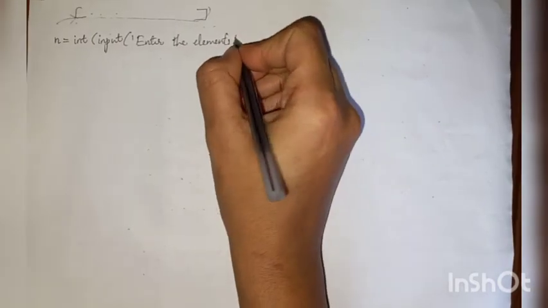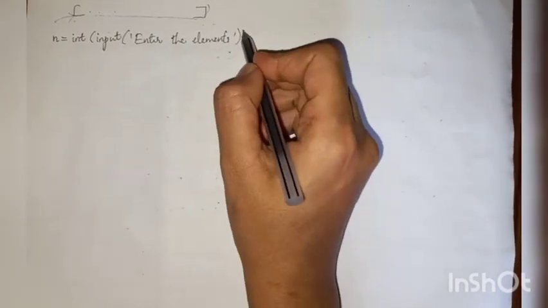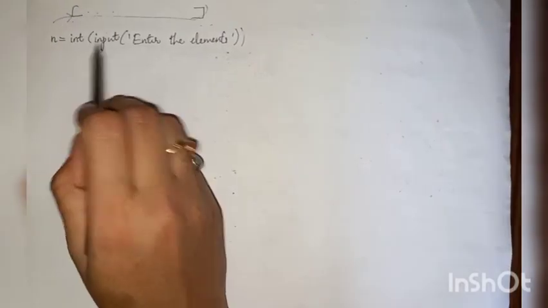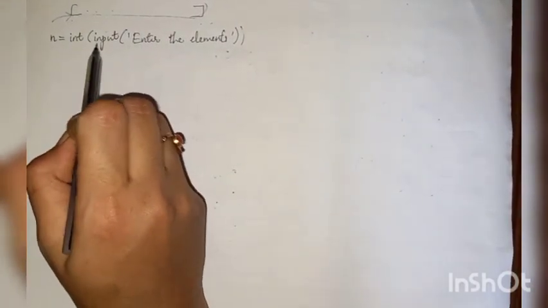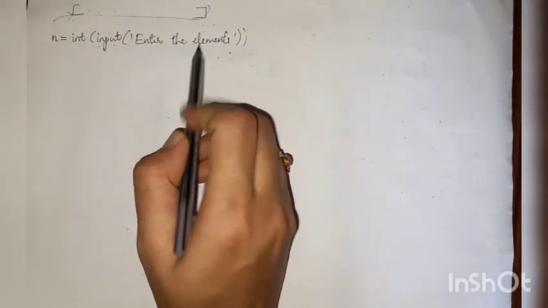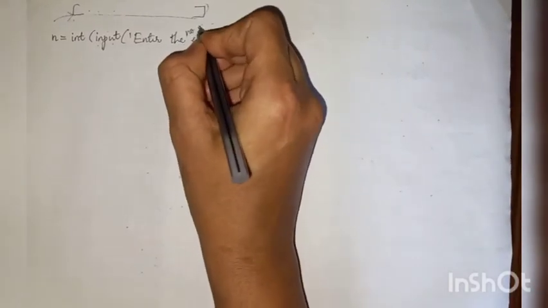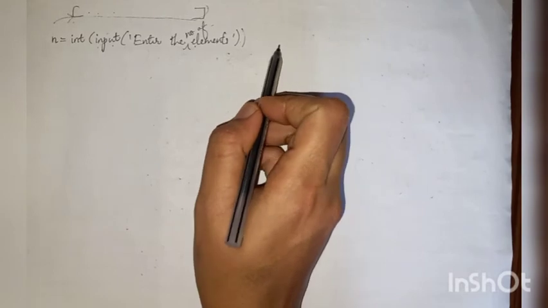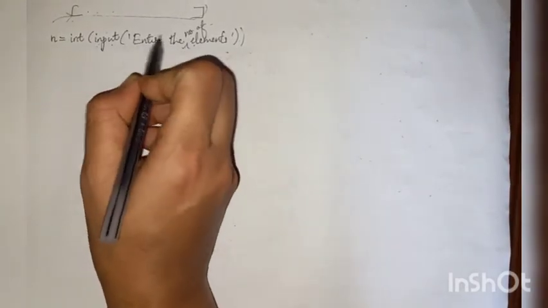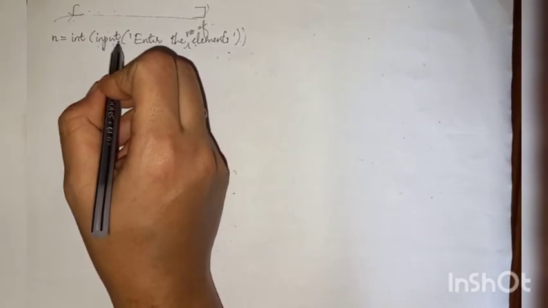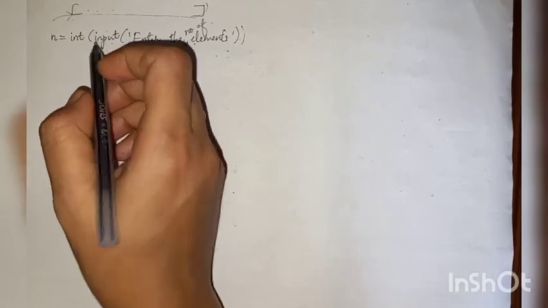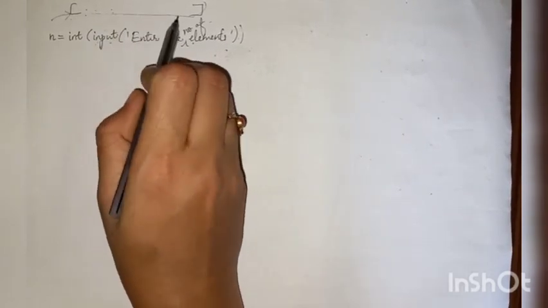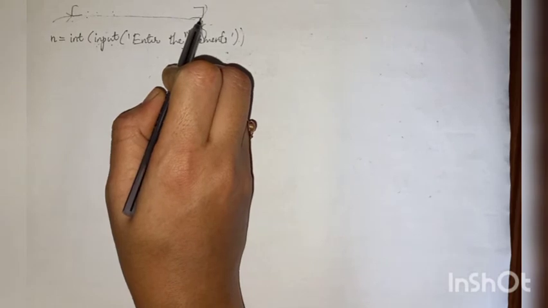Int input enter the elements, then close all the brackets that we have opened. This input function will enter the number of elements. So enter the number of elements present in the list. The input function will take the input as a number, that is, how many elements are present in the list,